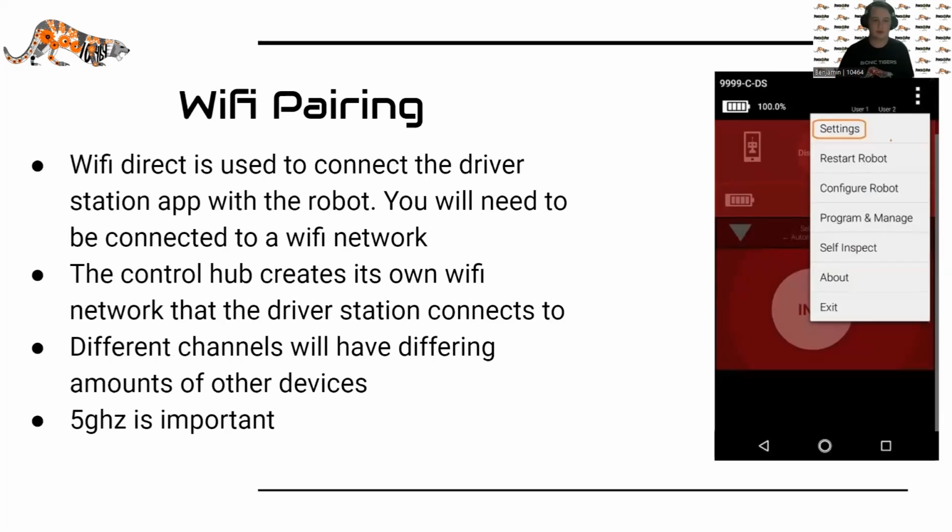So the way that you actually pair your driver station, either on your phone or on the Drive Hub, to the actual robot is by Wi-Fi pairing. Wi-Fi Direct is used to connect the driver station app with the robot, and you need to be connected to a Wi-Fi network. We'll go over it a little bit later, but usually at tournaments, there's a Wi-Fi network that they tell you to connect to